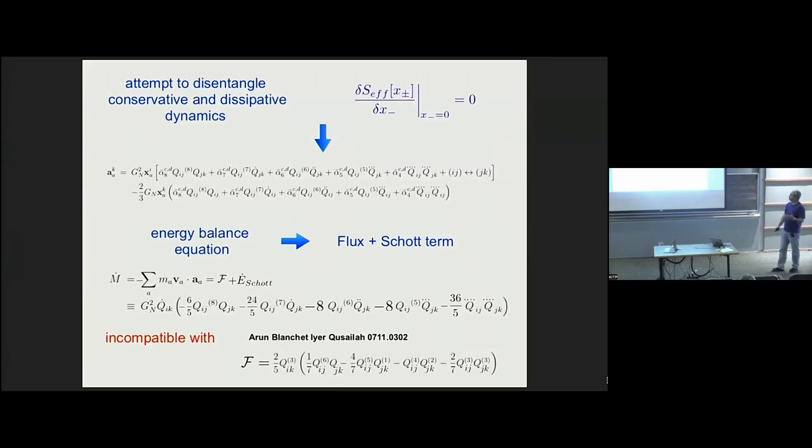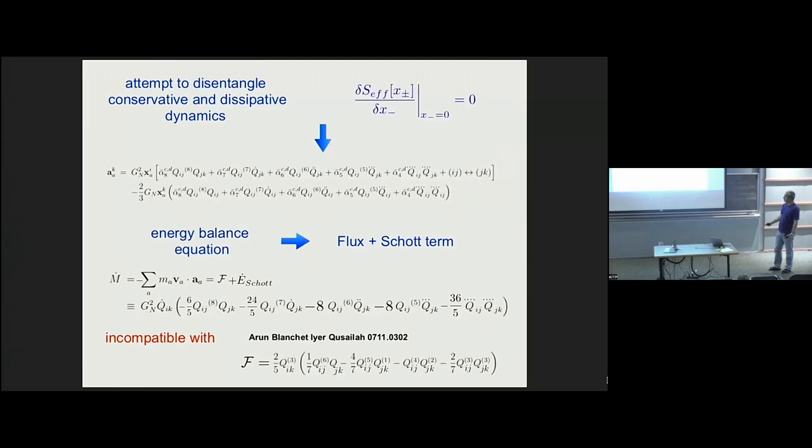I could try to understand what the dissipative part is by looking at the flux. So we just write the energy balance equation. The derivative of the energy of the system must be given by this contribution, where A is this object, you know, mechanical energy conservation. And I can write it as a flux due to these processes plus the generic short term, which is a total derivative of some function. You can just put it where you want. And this is the result for a flux plus short term for these two contributions which I showed you above,